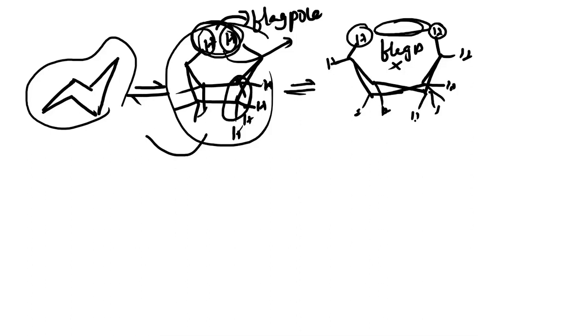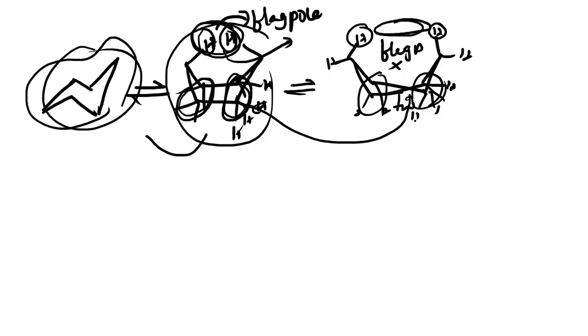In boat conformation, almost eclipses of these hydrogens on these carbons can be observed, but in this twisted boat, the eclipses are minimized by just twisting those carbons. Hence we can say twisted boat is more stable than this boat conformation. The first highest stability conformation of the cyclohexane is simply chair conformation, second priority goes to twisted boat, third priority for this boat, and next another possibility is there as a conformation of cyclohexane,